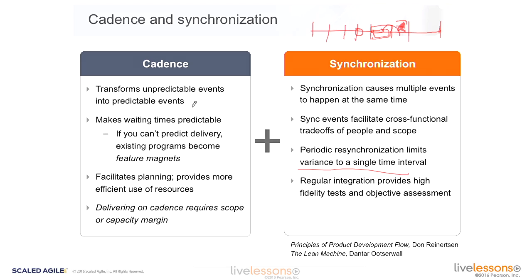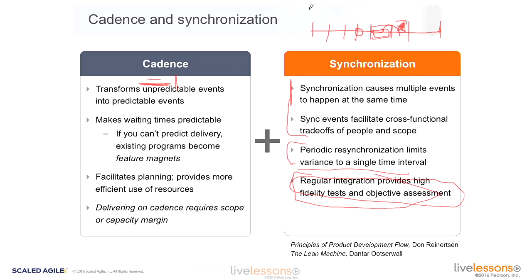Now you can see how these work together. Let's just call it a PI, right? Could be the sprint level, depends on your scope. Each PI operates on a cadence, and I can synchronize my knowledge of the system, might need to move folks. I can figure out how far off I am, and I've got an opportunity for regular, high-fidelity tests and objective assessment, all because I have cadence.